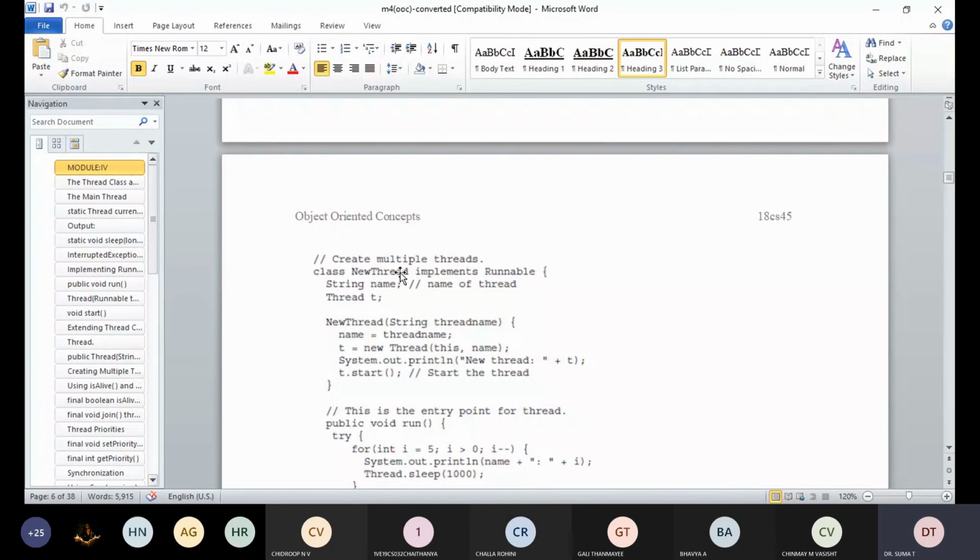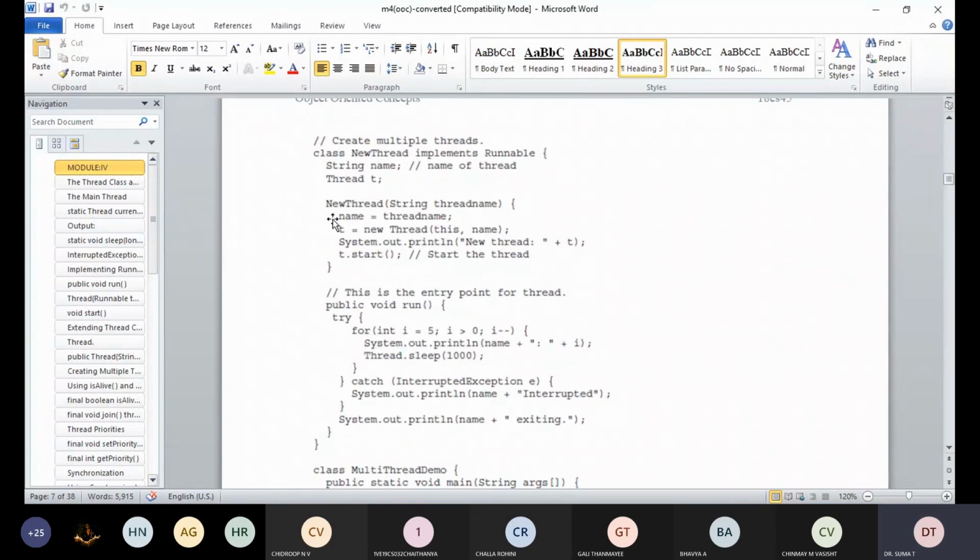Okay, so just go through the example. You have to remember the changes. Everything will be the same; 2 or 3 statements will be the difference. If you sit with the 3 programs, you can understand very well the difference between all the 3 programs: creating multiple threads, creating a single thread with a